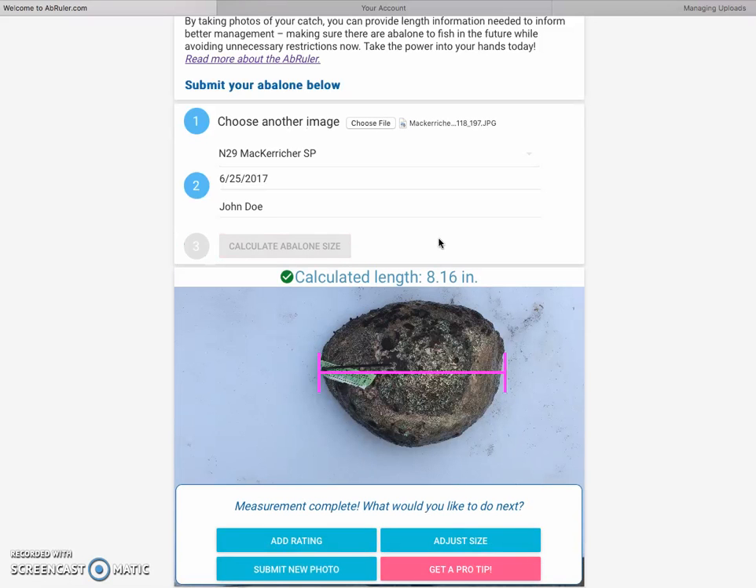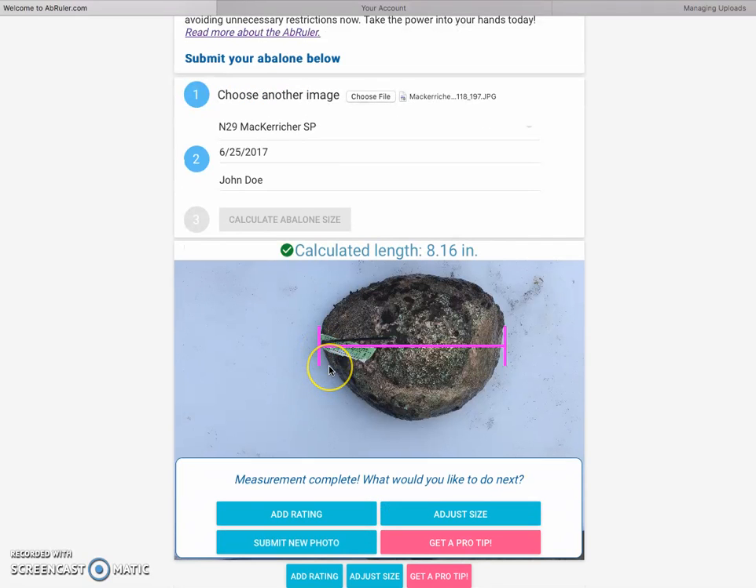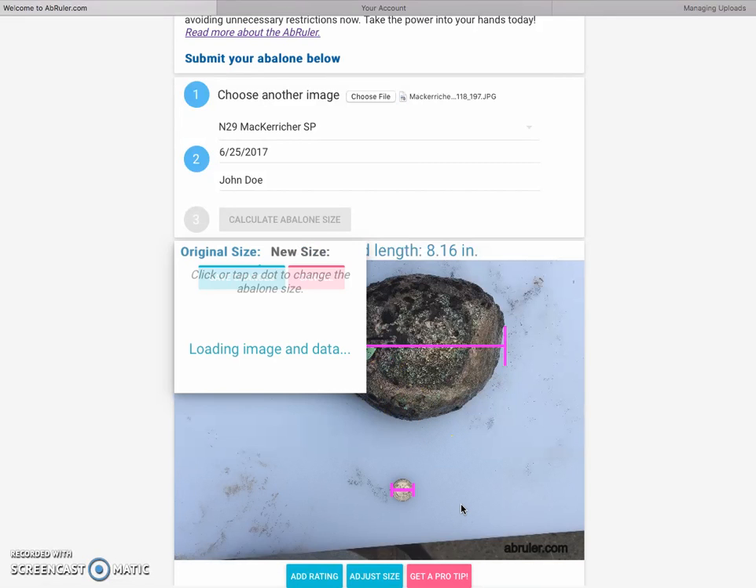And there we go. So the calculated length is 8.16 inches, and this bar shows where the AbRuler tool measured the abalone. So most of the time it's pretty good, but sometimes if the tag's sticking out or some of the abalone meat is sticking out, it could be a little bit off. So what you can do if the measurement does look off is click on the Adjust Size button, and this